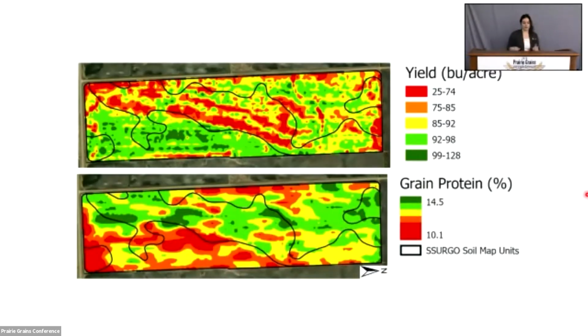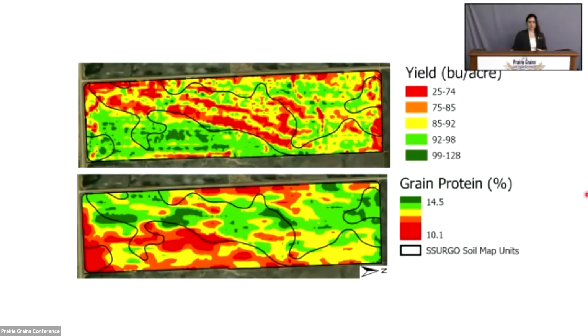And so looking back at this first picture, I've overlaid a very generalized SURGO soil map just to get a general feel for how the soil types vary throughout that field. You can see there's a sand ridge running through the middle of the field, and we can see that the yield is lower up on that sand ridge. It's a little higher elevation, it's sandy, there's less water available. So it's reducing the amount of biomass that you're going to have there, which reduces the amount of starch and yield that's accumulated